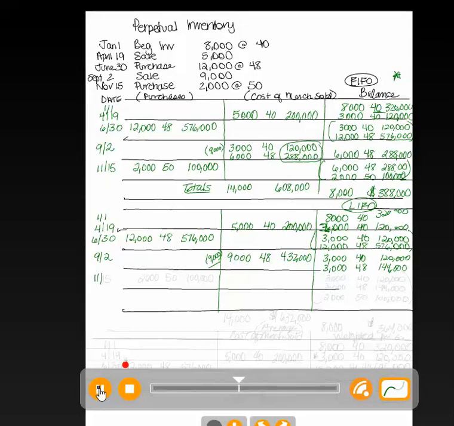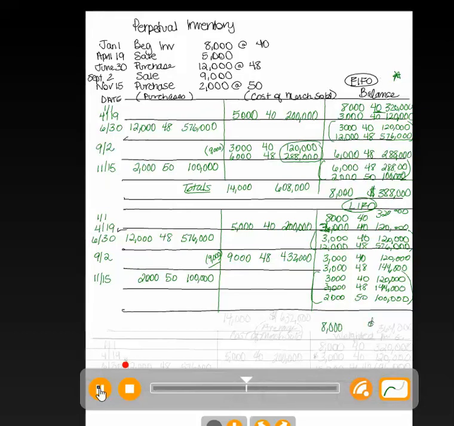Then our last transaction, November 15th, I purchased 2,050 units at a cost of $100,000. So now instead of having 2 layers of inventory, I actually have 3 layers of inventory. I still have the 3,040 units, and I have 3,048 units, and now I have 2,050 units. So my ending inventory at the end of the year includes 3,000 plus 3,000 plus 2,000 is 8,000